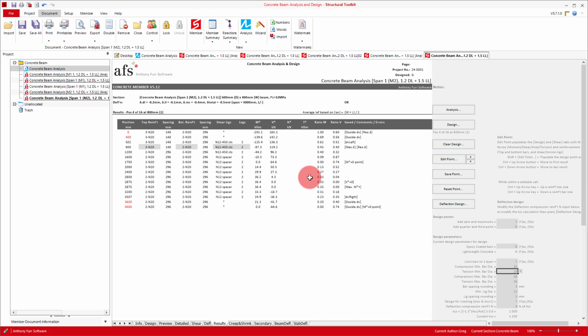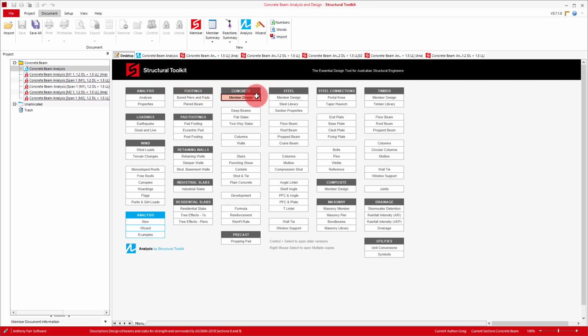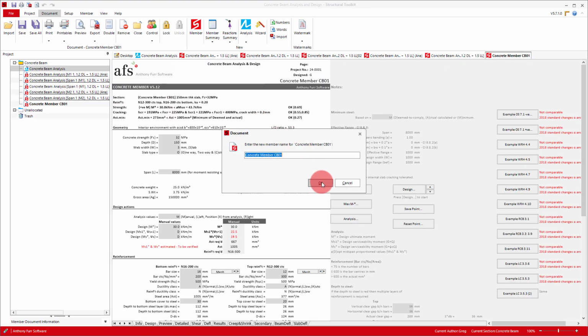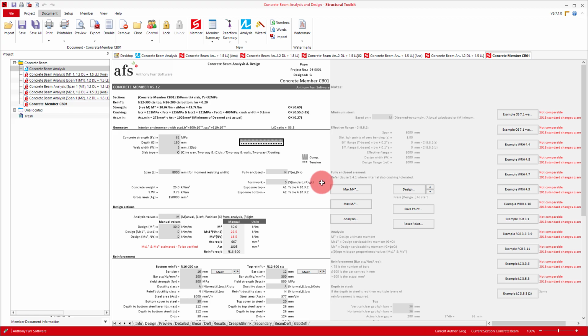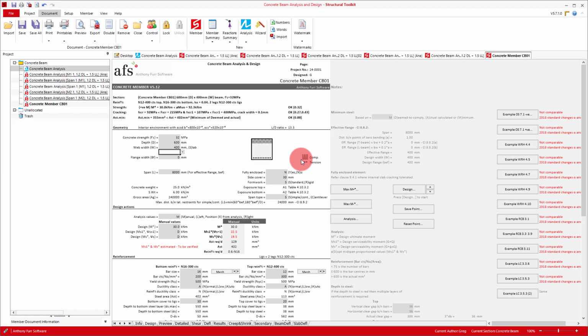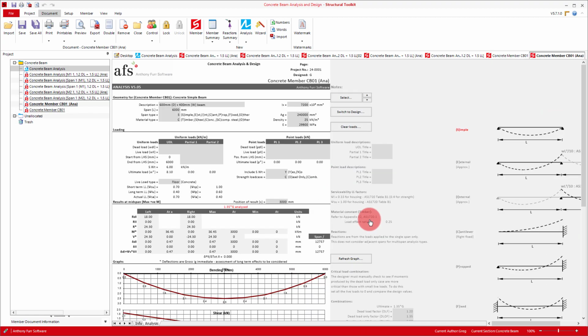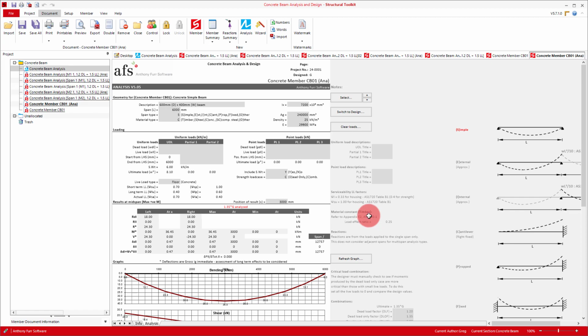To start with, we'll open up a concrete design member. First we'll need to input our geometry and concrete strength, which was 32 MPa, 600 depth and 400 width. Next we'll click Analysis to get a linked member analysis document. Our span is 6 meters. Our span type will be Other,